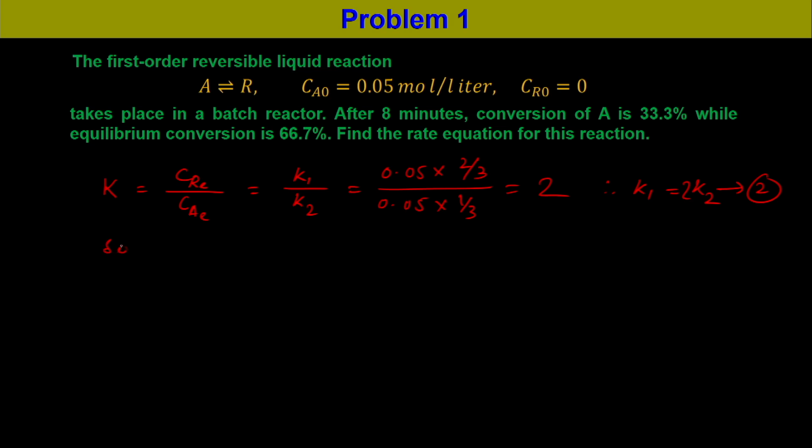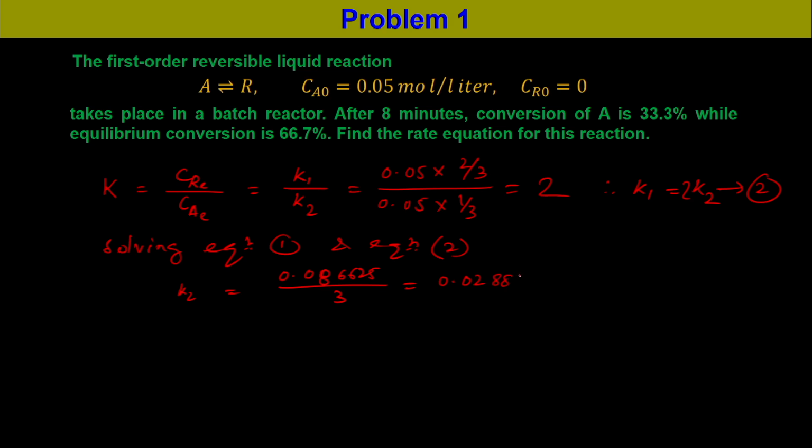So, solving equation 1 and equation 2, we obtain K2 is equal to 0.086625 by 3, which is equal to 0.028875 minute inverse, and K1 is equal to 0.05775 minute inverse. So, now we can write the rate equation